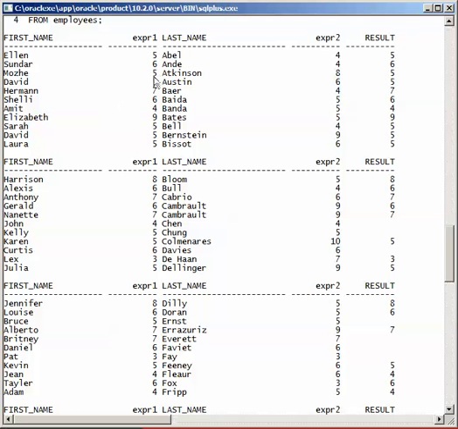In this case the length is mismatching. The length of the first name is 5 and the length of the last name is 8, so it will return the first, which is 5. Here in this example the length of the first name and the length of the last name are the same, so it will return null, right? Like this.